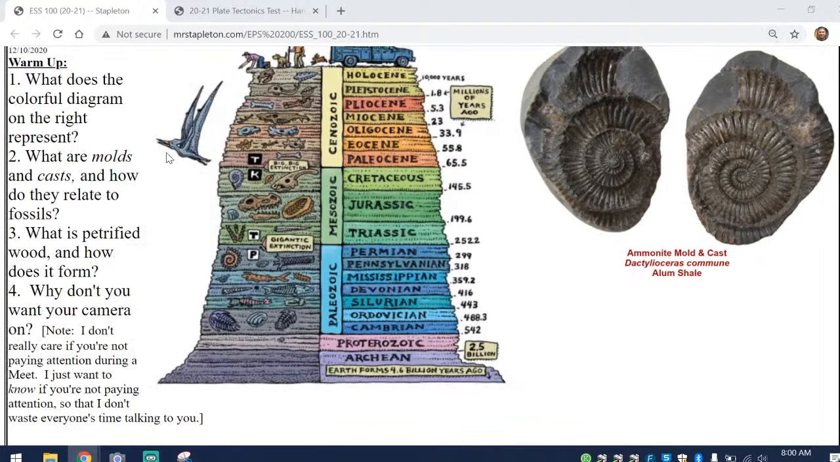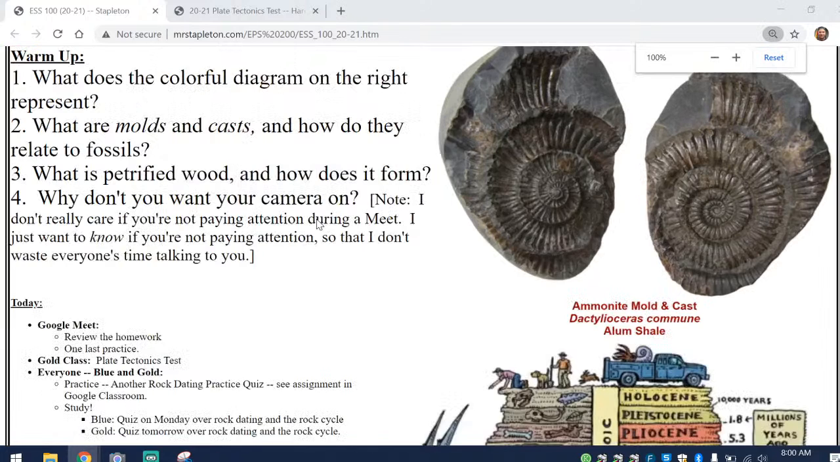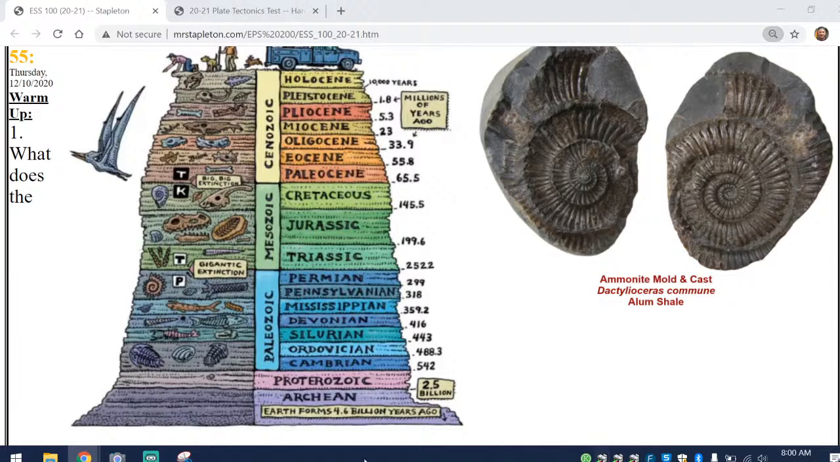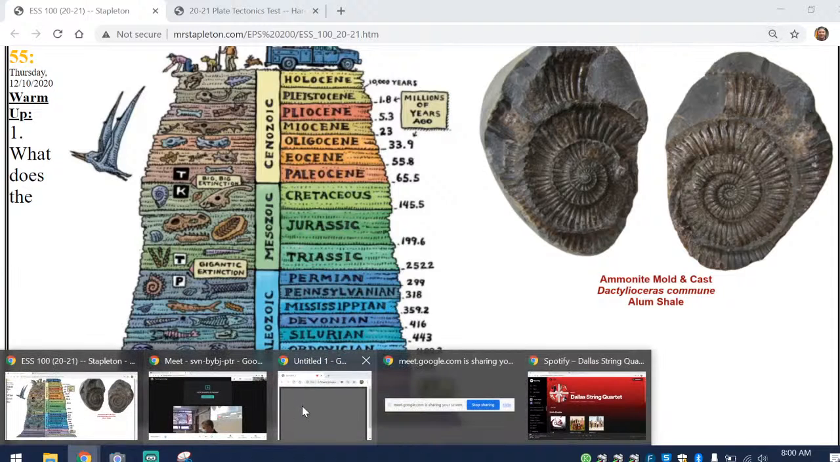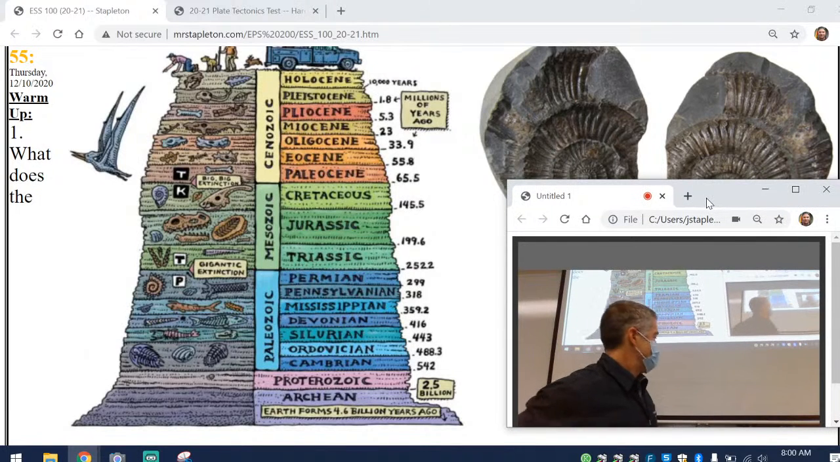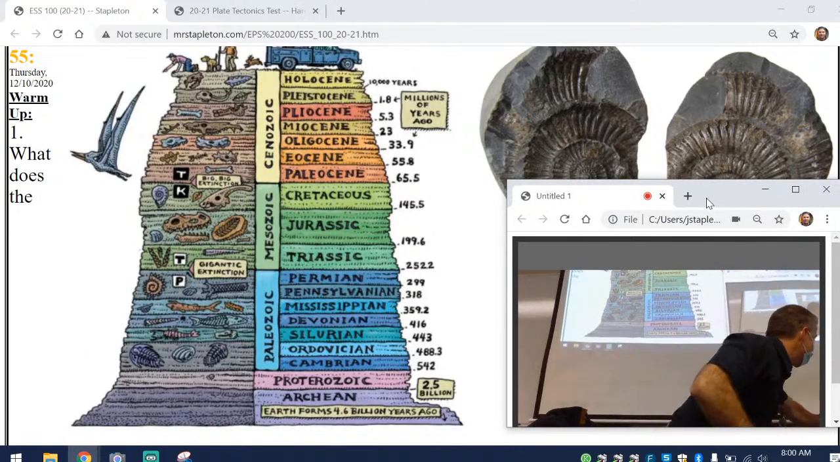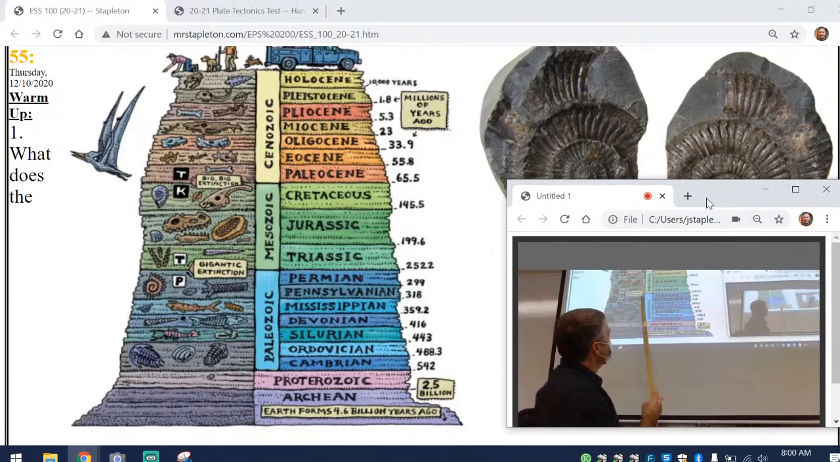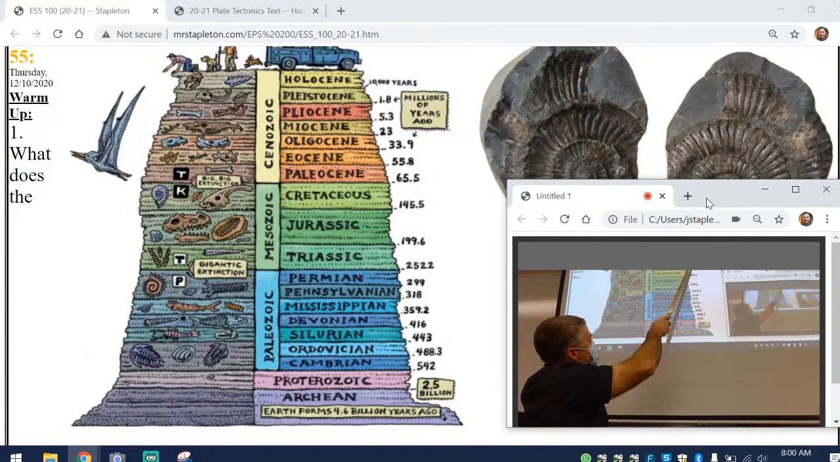So the questions here are a little out of order. The first, well, no, the picture is out of order. The first one says, "What does the colorful diagram on the right represent?" It's really hard for me to make the diagram big enough without the picture going away. So take a look at this, just in case you can't read it. It's got millions of years ago over here: 1.8, 5.3, 23, 33.9, all the way down to